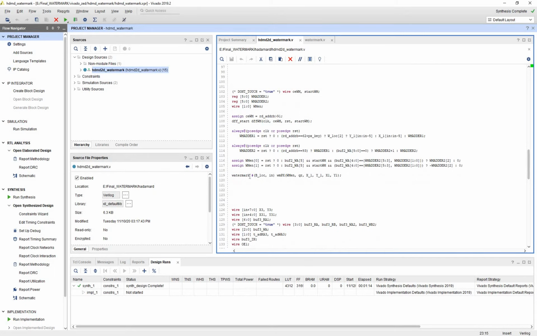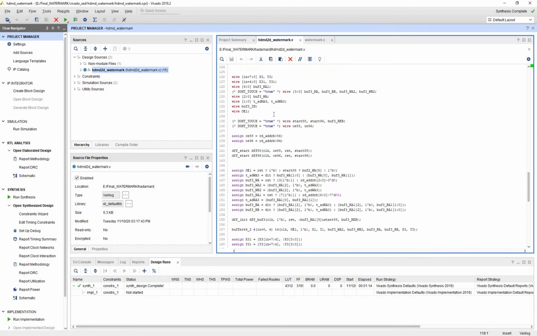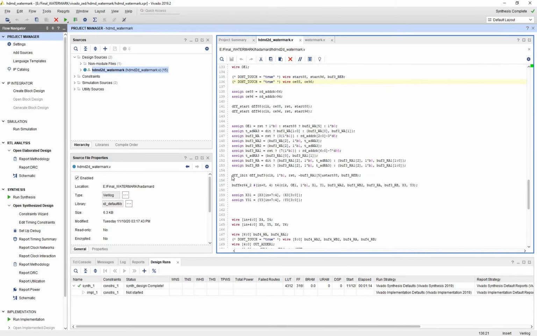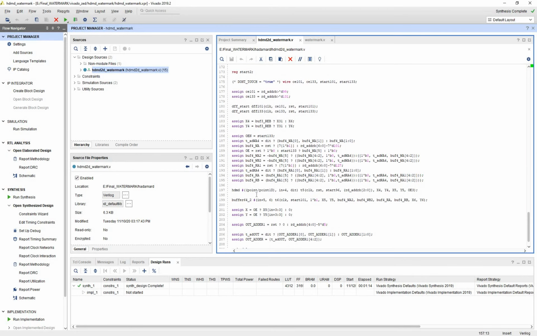Once the watermark is embedded, the watermarked coefficients of the 2D transform will be given to the next element of the buffer. This buffer will rearrange the coefficients with 8 stage buffers, and these 8 stages will be given to the next 1D Hadamard transform. This is actually the inverse Hadamard transform. Once the inverse Hadamard transform of the 1D function is completed, we'll store the values in the buffer 64.